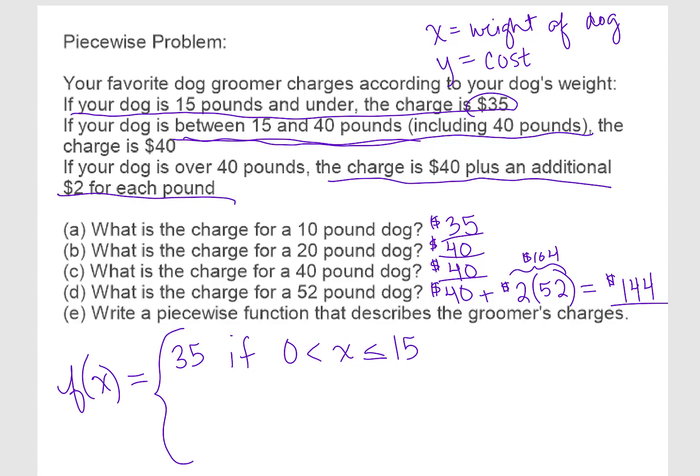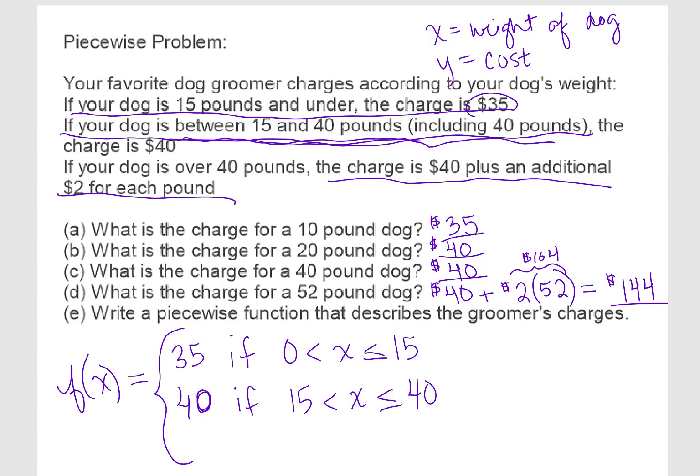Okay, so now let's look at the second one. If my dog is between 15 and 40 pounds, including 40, then it's a fixed $40 charge. But this is only if we're between 15 and 40. And then the last one, and actually I'm going to go back and adjust this because it says,